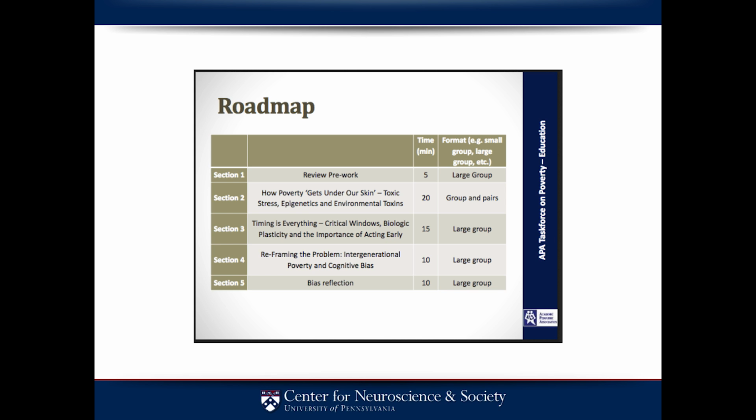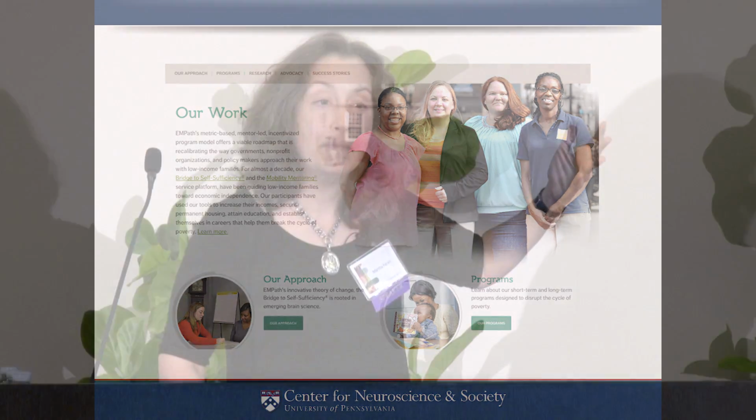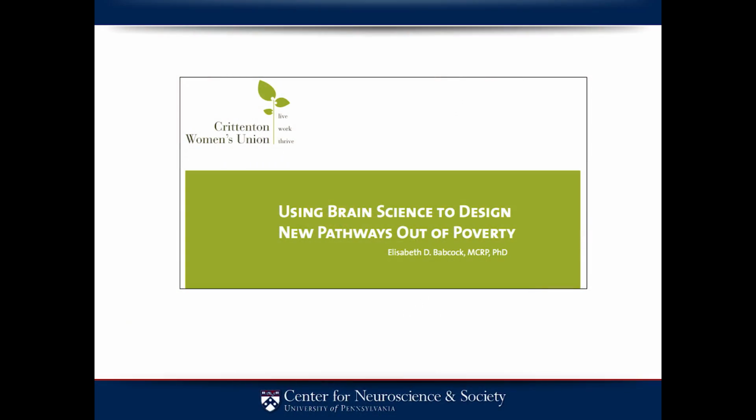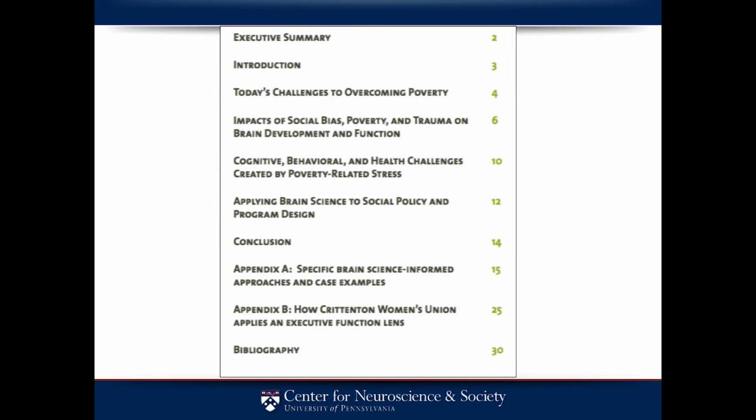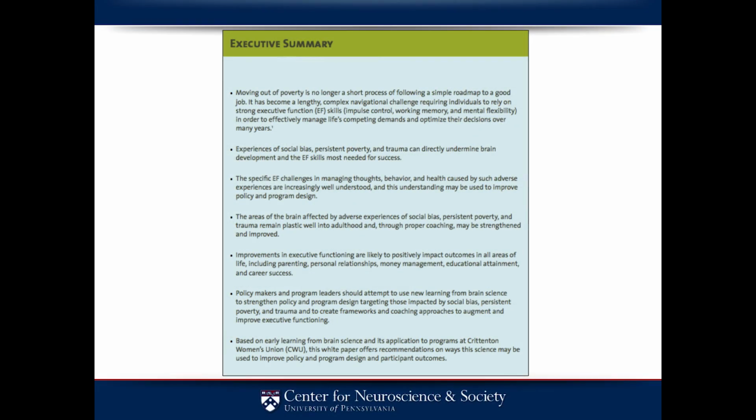This is an organization that trains adult women for economic betterment. These are women who are poor, who are just having a hard time scraping by, and they use brain science to design new pathways out of poverty. Wow, who knew that our neuroscience could do that? And here's an executive summary of the kinds of things they talk about. You can see that neuroscience comes up here a lot. There's some more of the same. Okay, so